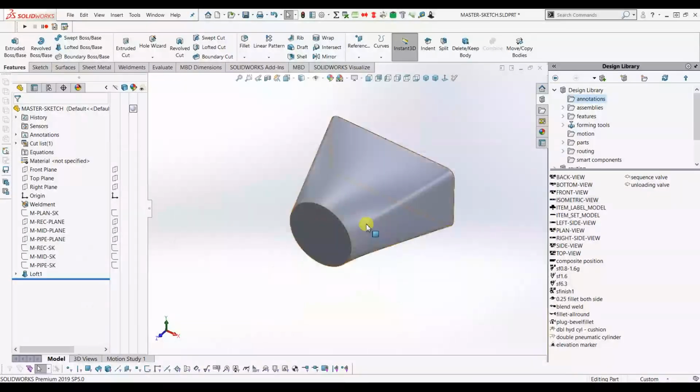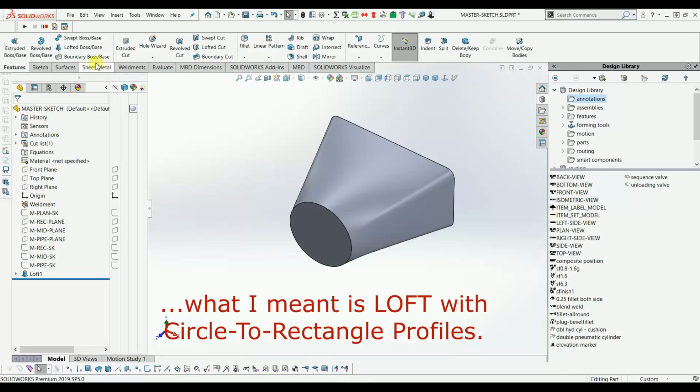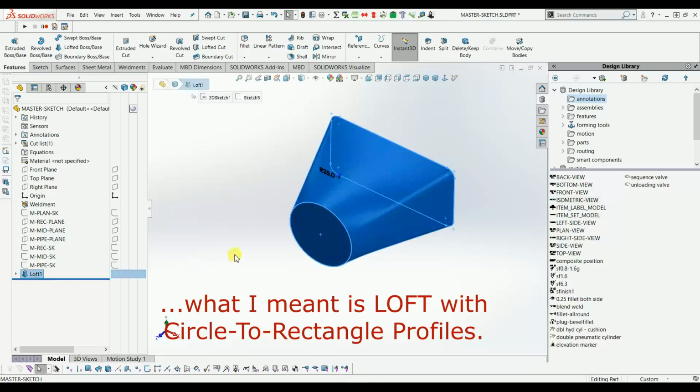So, meaning the Loft command is not suitable for this model. The explanation for that is,